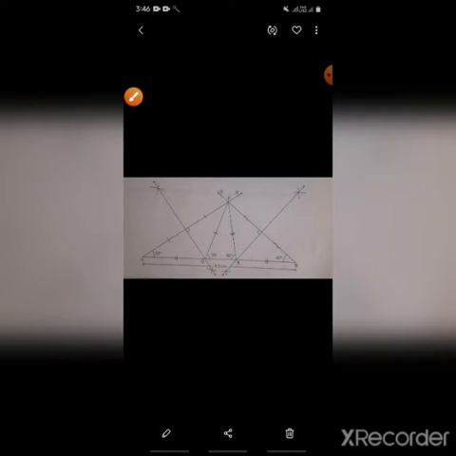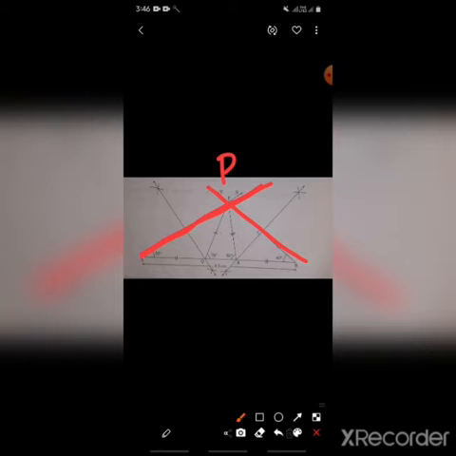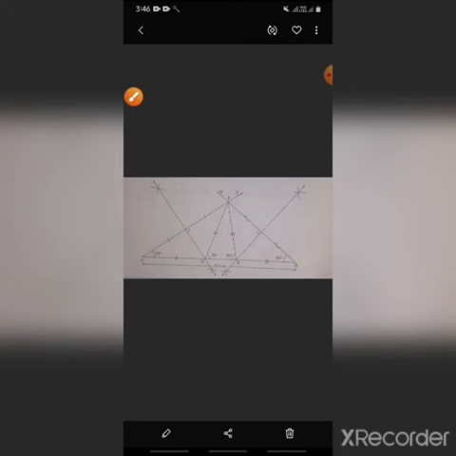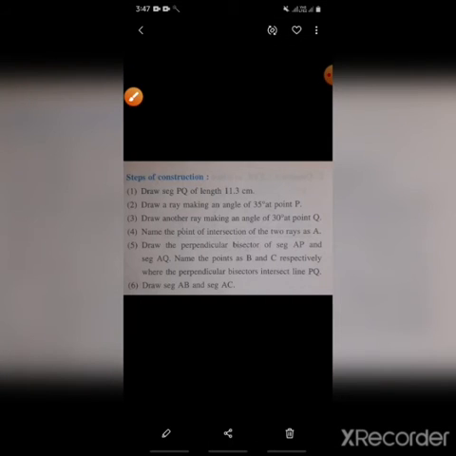Then students, we have to put this 35 degree and this 40 degree mark as P. We have to give the name, AP and BP meet at P. Okay, then students, like in this one sum, name the point where the rays intersect. This one point we have completed.